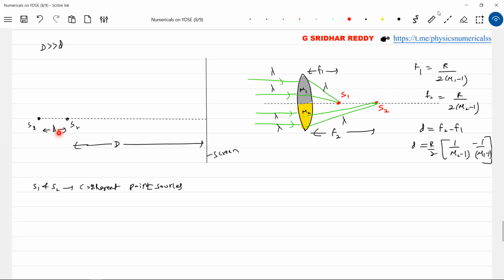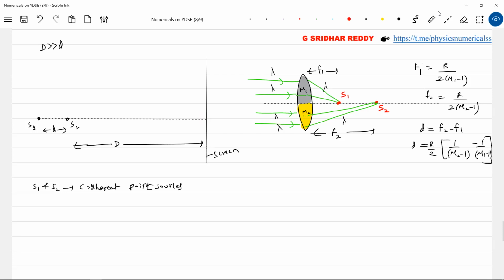So who will determine that it should be lambda? Some adjustments are needed here. I think it's not that easy, really. I'm teaching very happily. Within another 10 minutes, I'll wind up. When you go to the lab, maybe you have to struggle for days to really get this point source. You should focus on all these things. Got the idea? So can I adjust this? By varying this one, by the material or by varying the radius of curvature. So many things are there for us. Okay, I can adjust the distance between the sources by looking at this setup. Have these things in mind.